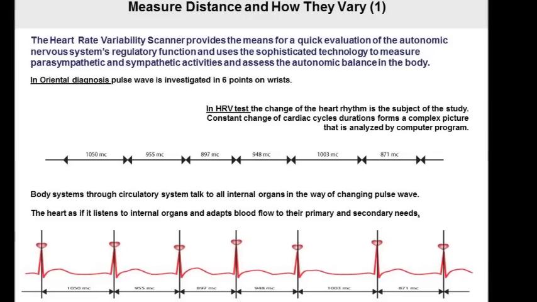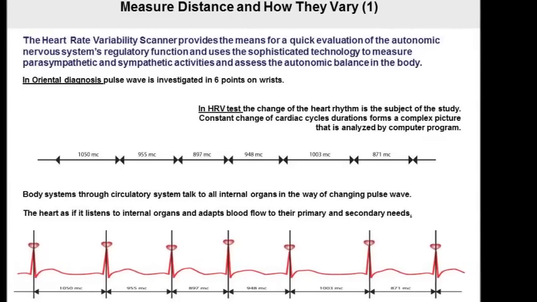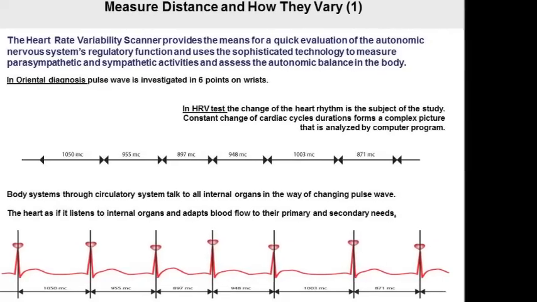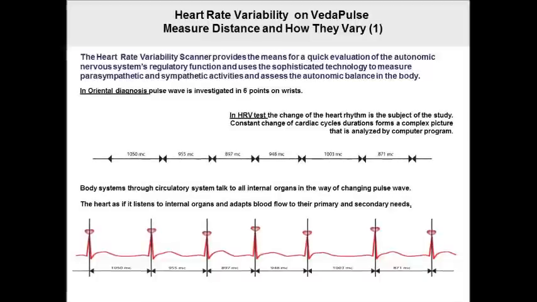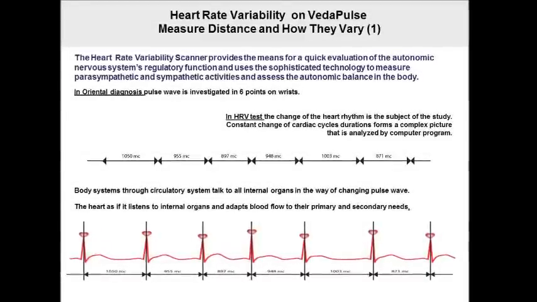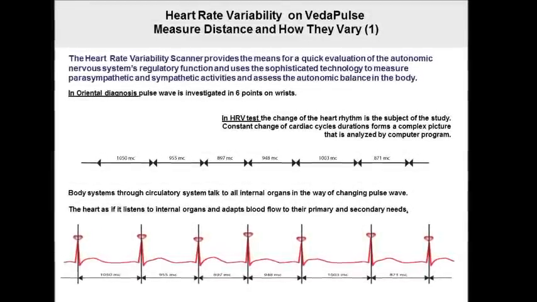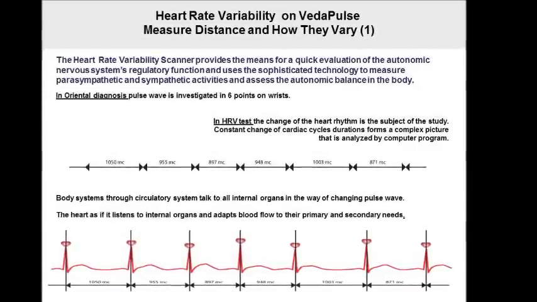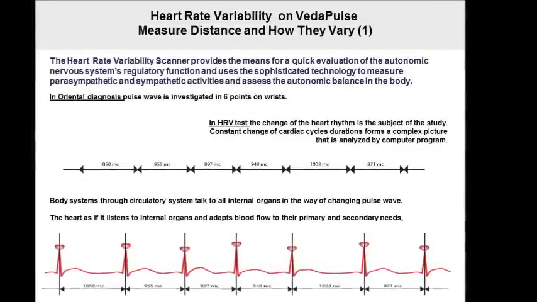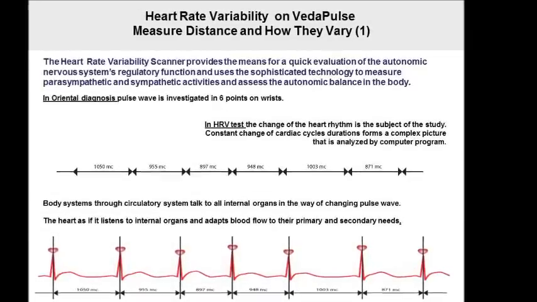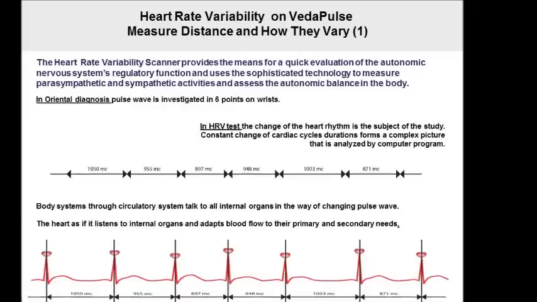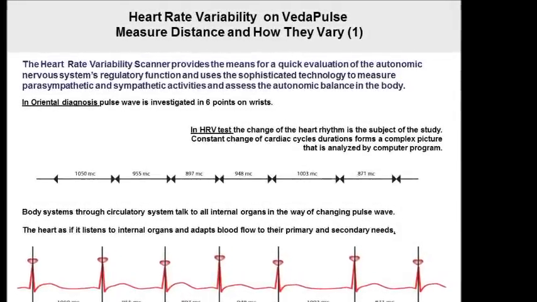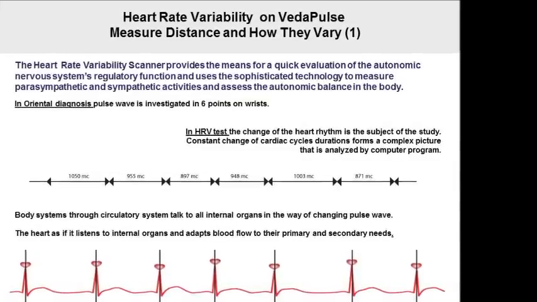So in heart rate variability, it's analyzed the distance between the highest heart R wave. It's called R wave. So the distance between these, and it's proven that if a person has stress, the more stress the person has, the more like a machine the heart beats. The more relaxed the person is, the more variation about heart distance exists.